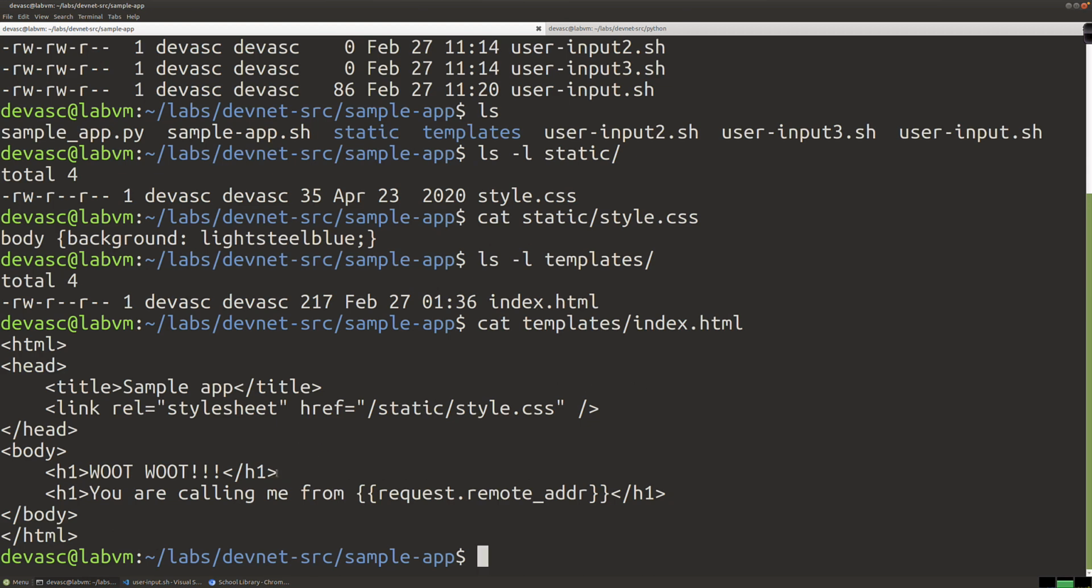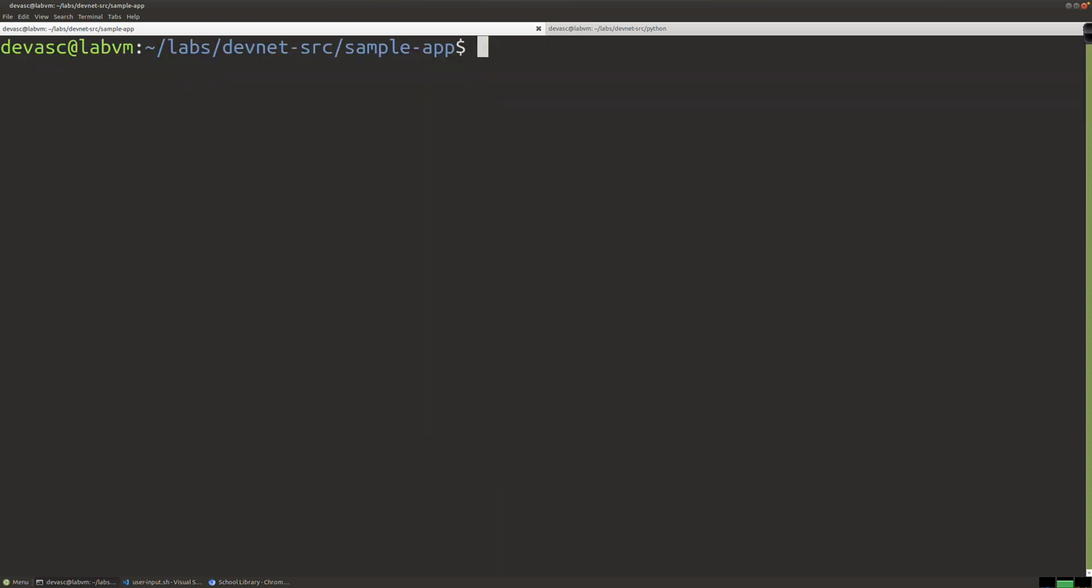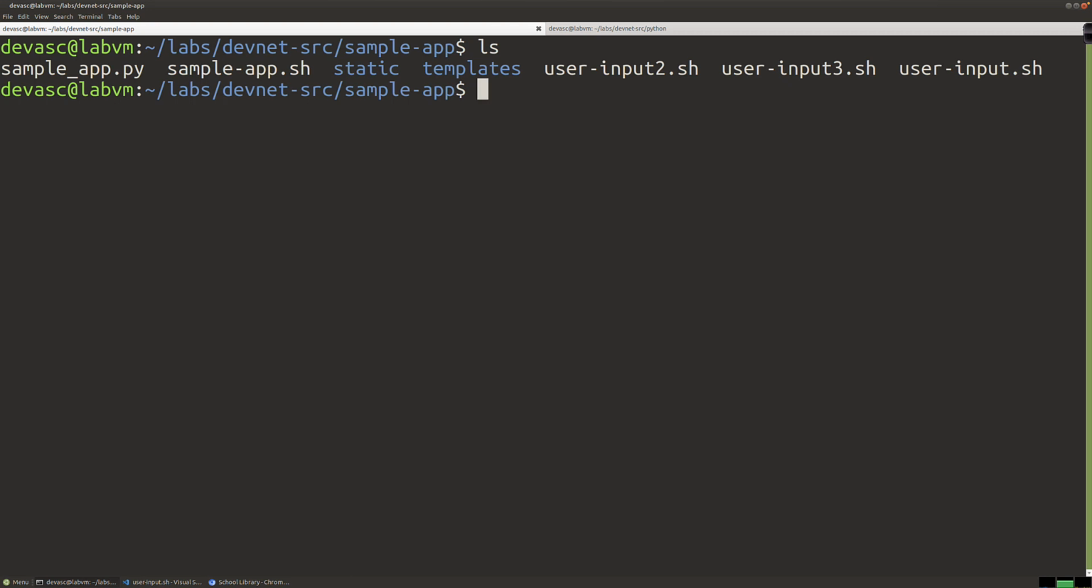Now, I've actually included in here a little woot woot, right, so that we can see that it's actually pulling this index.html. And you can see here, we're going to have the "you're calling me from." We're going to be using that request functionality from the Flask class that's going to show us the remote address. And in this case, it's simply going to be the localhost address. So before we do that, though, let's clear the screen and let's take a look at the